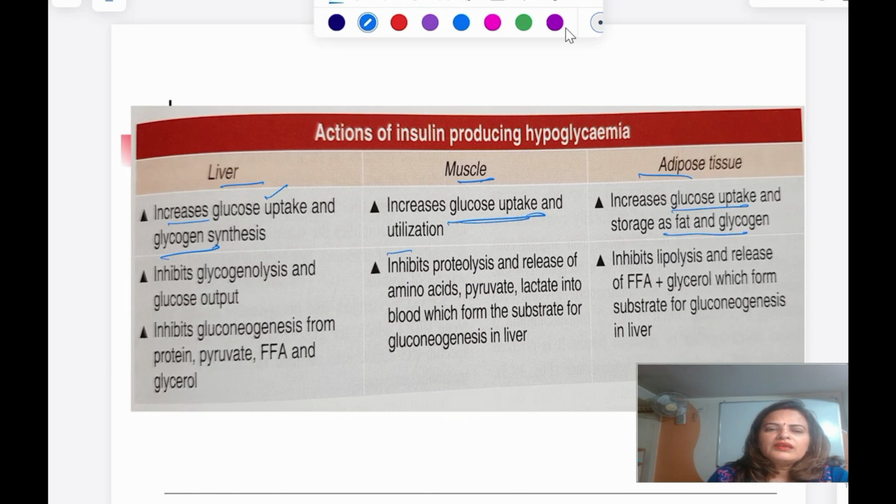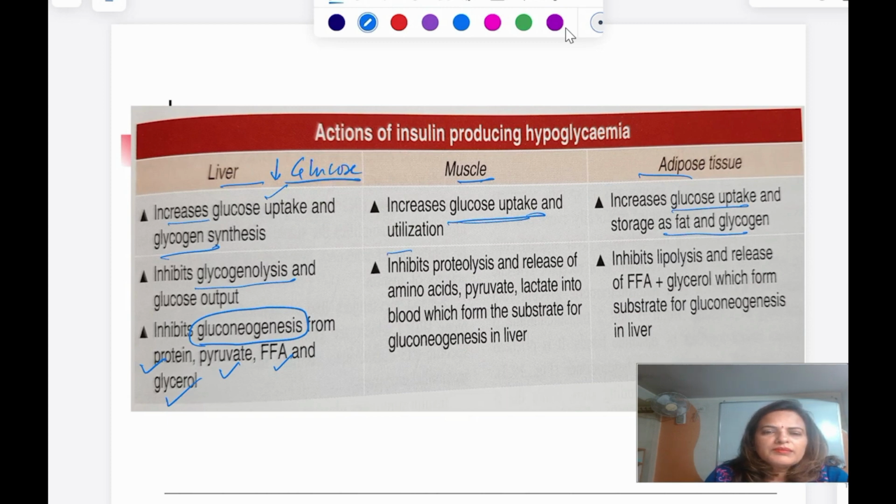Then in the liver, because it has to decrease the level of glucose, it is going to inhibit glycogenolysis, that is breakdown of glycogen into glucose. Then gluconeogenesis, this is a synthesis of glucose from amino acid, pyruvate, free fatty acid and glycerol. So it is going to inhibit that. So ultimately it is going to decrease the level of